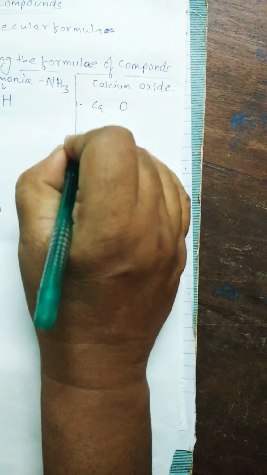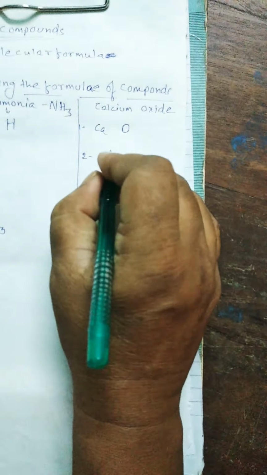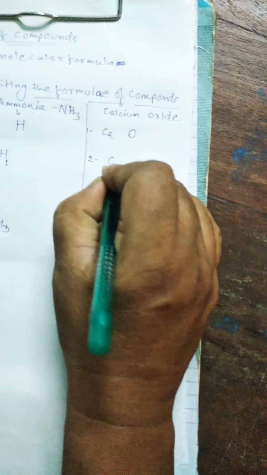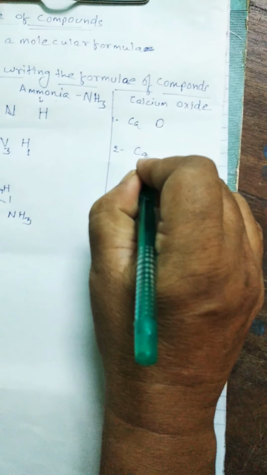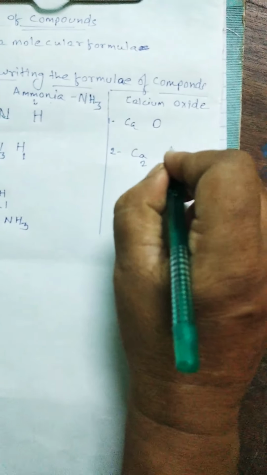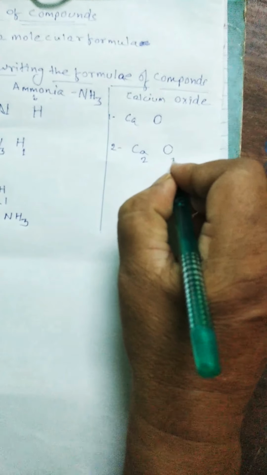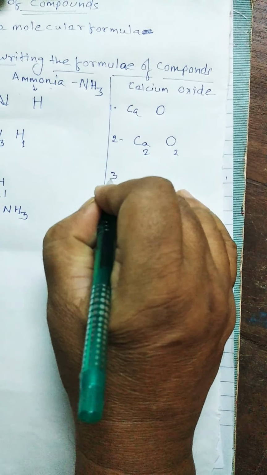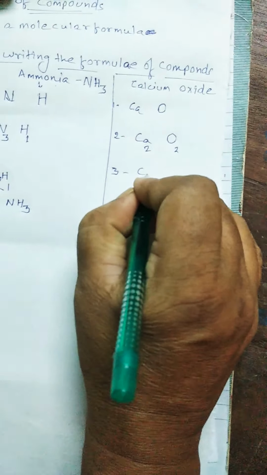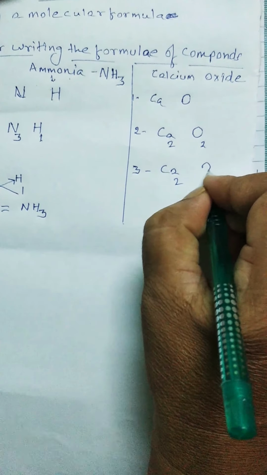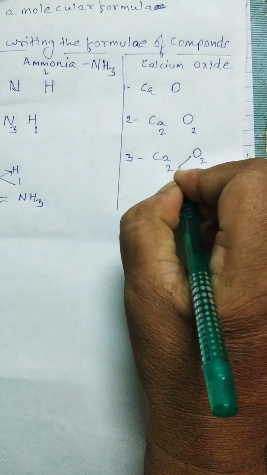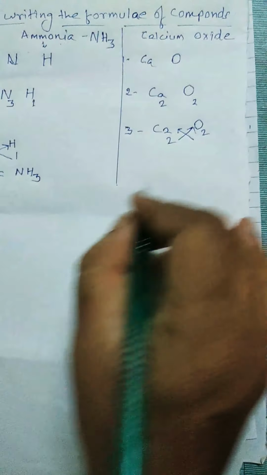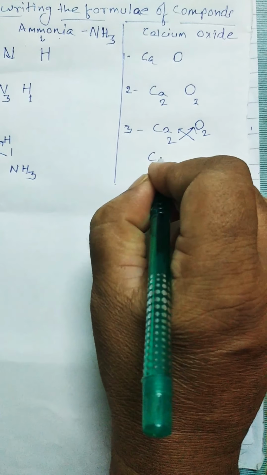This is the first step. In the second step, you write the valencies below this. Calcium valency 2, oxygen valency 2. In the third step, you interchange this. Calcium 2, oxygen 2, and just interchange by making a crisscross. And here you will write